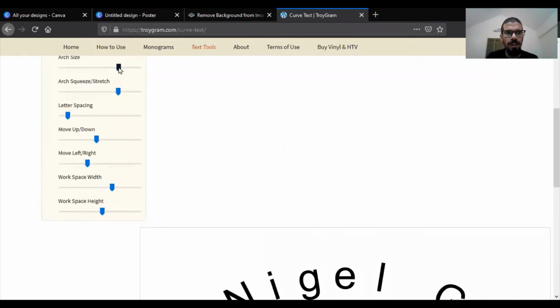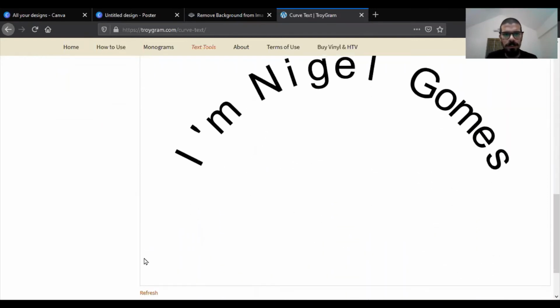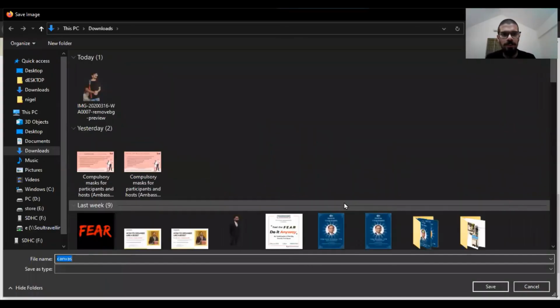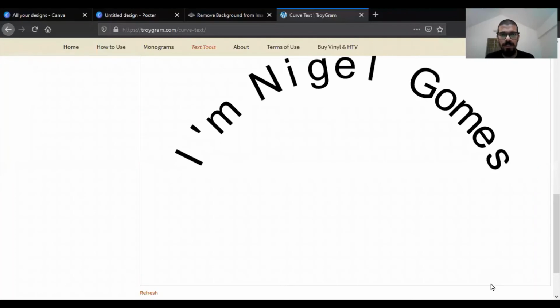And once you've selected, you can, for example, move it up or move it down. And you can see this border that exists over here. This is your entire image. Now, once you've got the right curvature that you want, you right click on it and you click Save Image As. And when you click Save Image As, you name your image. It's written Canvas over there, and you click Save. What happens is you can see a white background over here with my text, but when you save it, it gets saved as a PNG without the background.